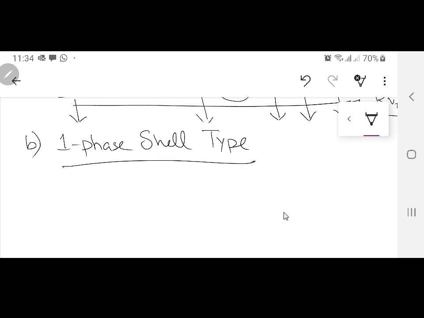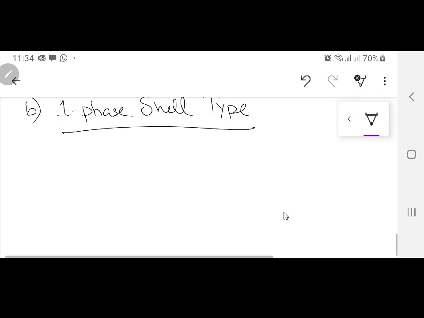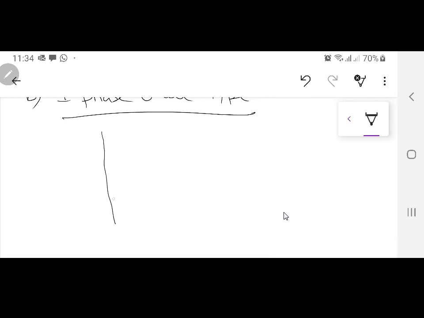Now what is a shell type transformer? Just like this one I have over here. Now in a shell type transformer, you have something like